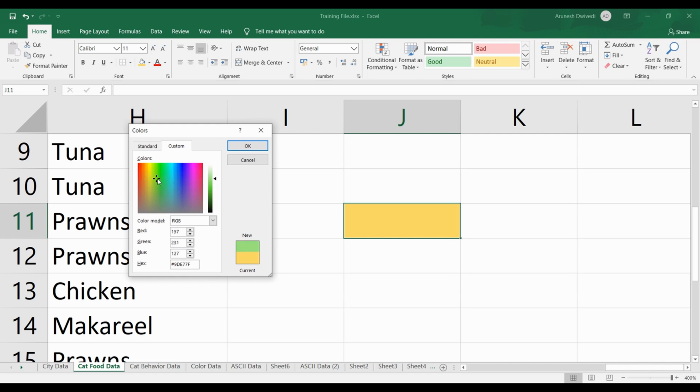So let's say I'm in the green spectrum, and this arrow is used to define how strong or how light your color is going to be. Upper you go, the lighter the color will become, and the lower you'll go, the darker the shade will become. So this is for the shade intensity, and this is to choose the actual shade of the color.